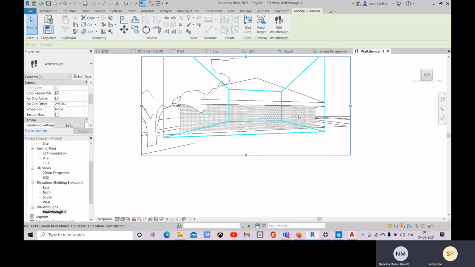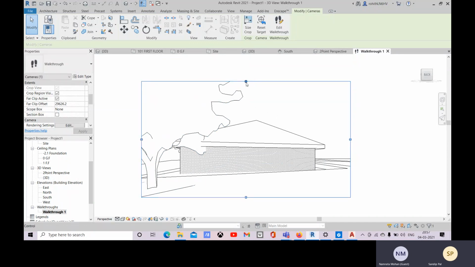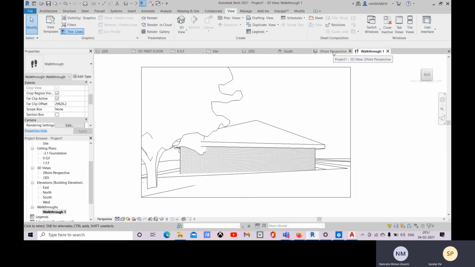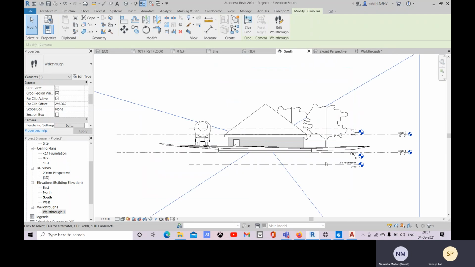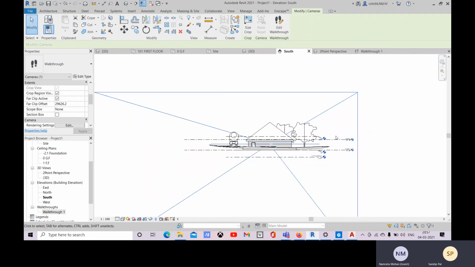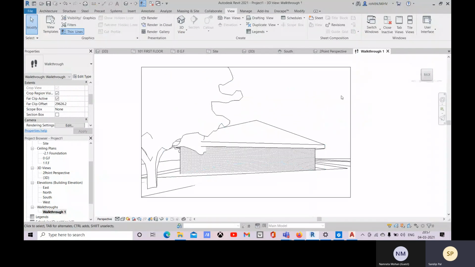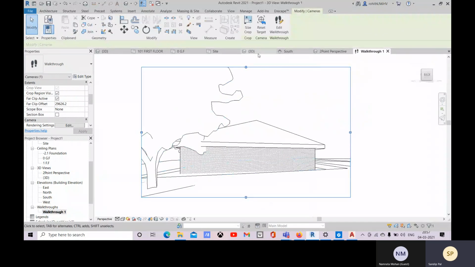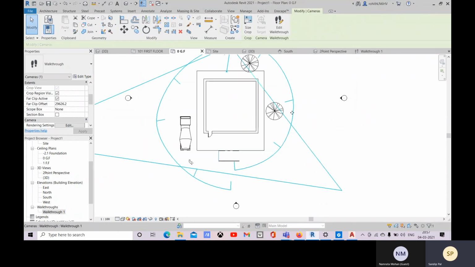For each frame, you have to do this. Now come to this walkthrough. This is selected, and then come to this south. So this walkthrough is selected right now, and then come to ground floor. Then it's selected right now.